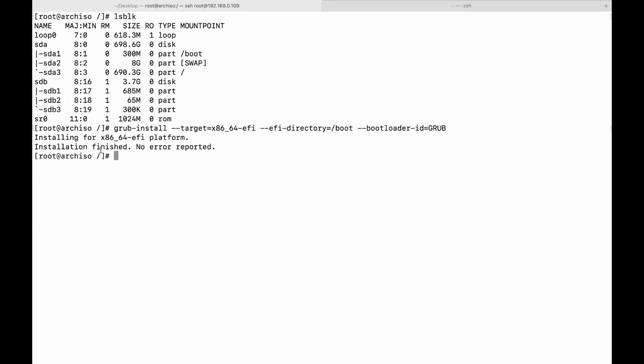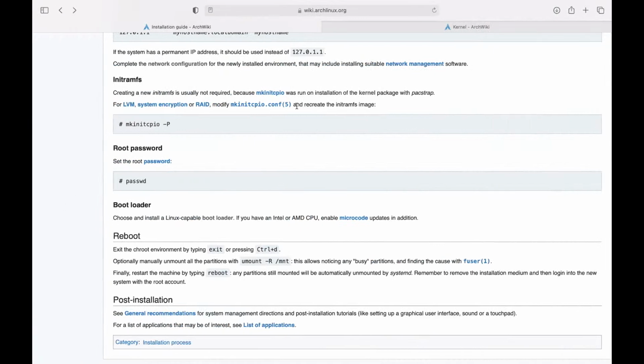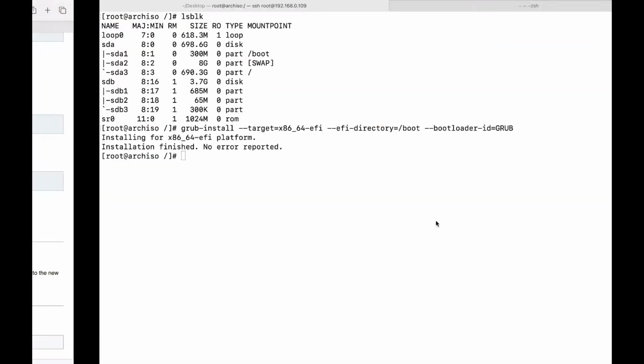Okay. No errors reported. We are done with that installation. I think we are almost ready to go. But before we do, again, this is a headless server. I'm not going to ever use the keyboard on this. So let's go ahead and create a user account that can use SSH. And I don't believe we have it set up yet. So systemctl, we haven't even installed it yet. So pacman -S,